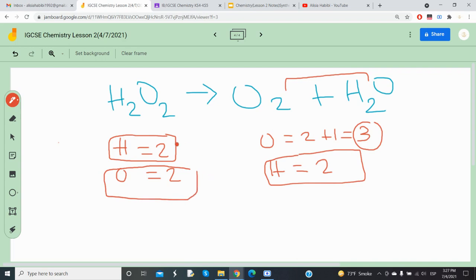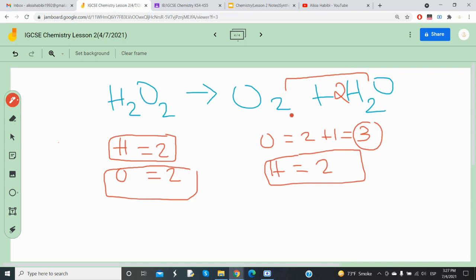What we could do is, remember, the key of what we always do to balance equations is try to get an even number. The even multiple that is common for both 3 and 2 is 6. So we could add a 2 in front of water. We're trying to get a total number of atoms on both the reactant and product sides for oxygen to be even. So we could put a 2 in here, and if we put a 2 in front of water,